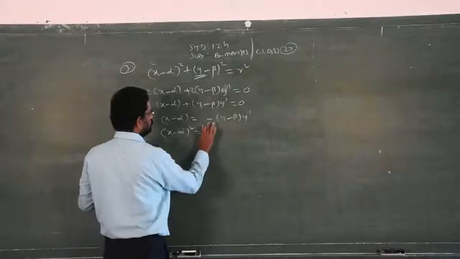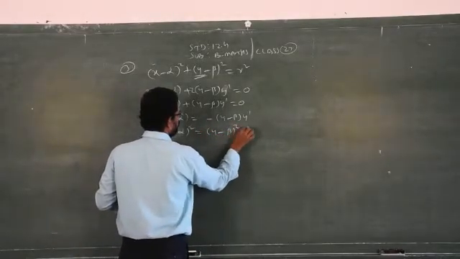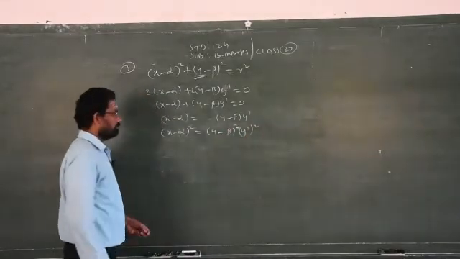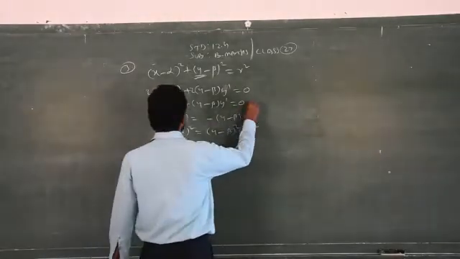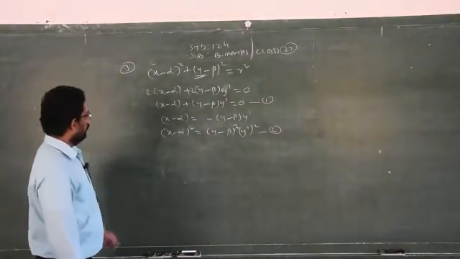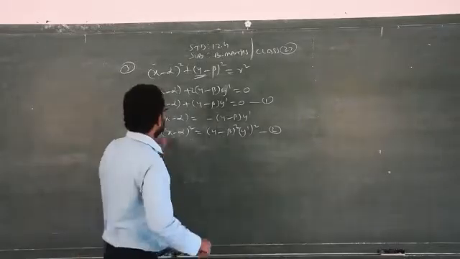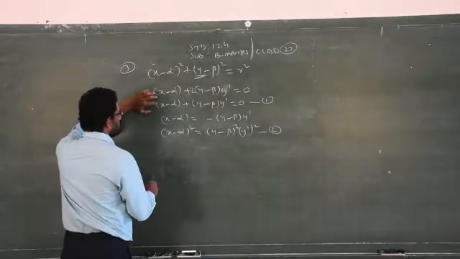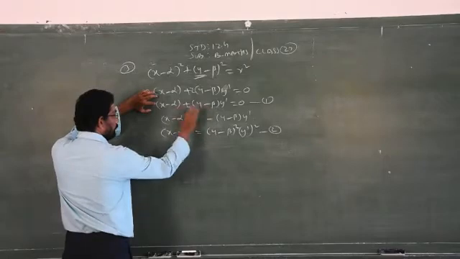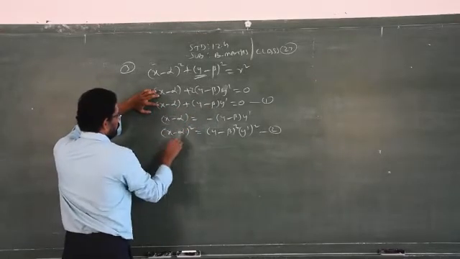So when I square this, the minus will become plus: (x − α)² = (y − β)² (y')². So this is equation number 1 and this is equation number 2. Now you have to differentiate one more time because we have two constants. So differentiate the first equation again with respect to x; this will become 1, 0.